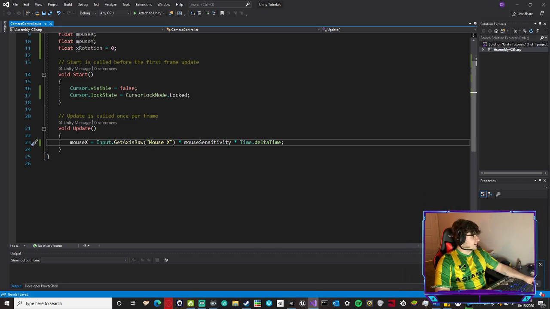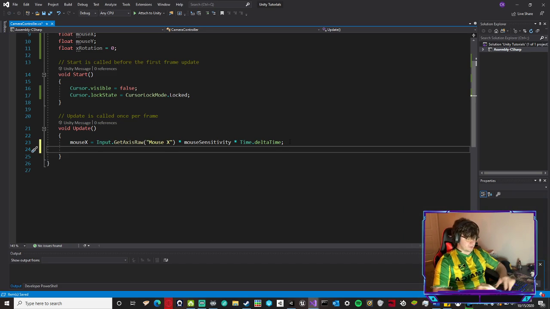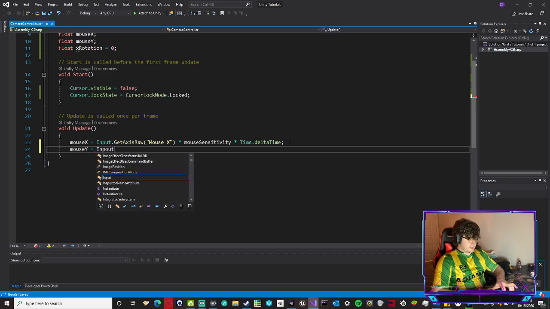So every second we're going to multiply, not plus, whoops, the input for the mouse X, the mouse sensitivity. Then we're going to do the same thing for our mouse Y equals Input.GetAxisRaw